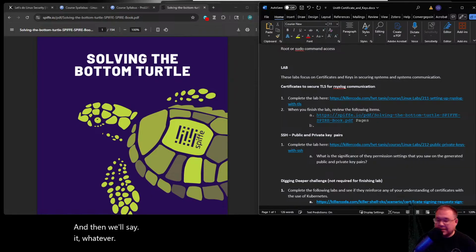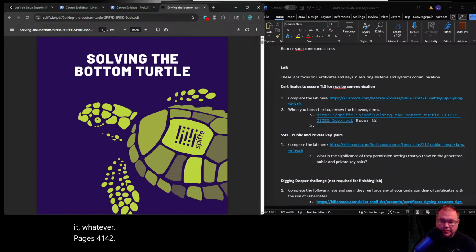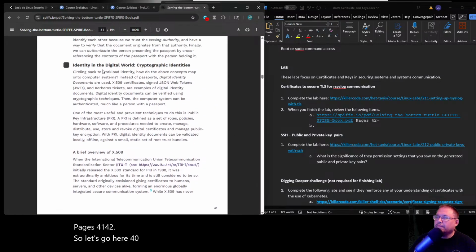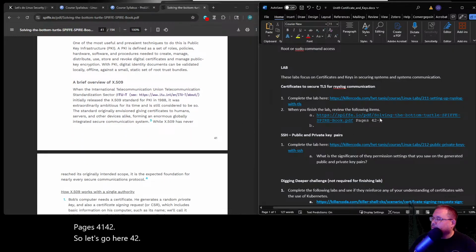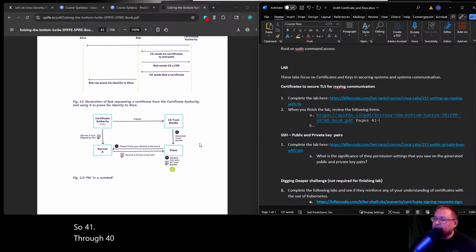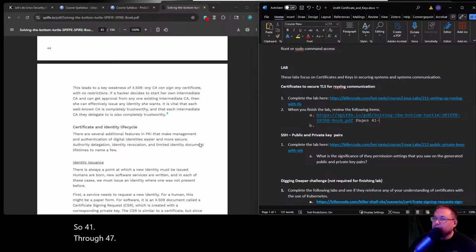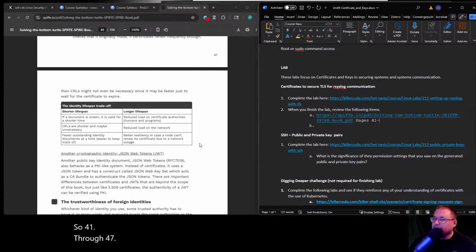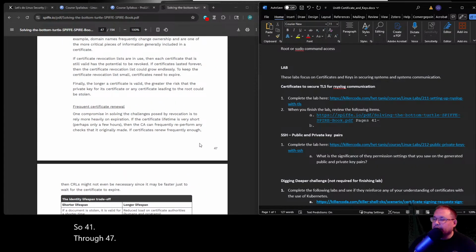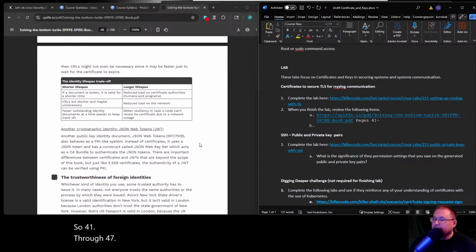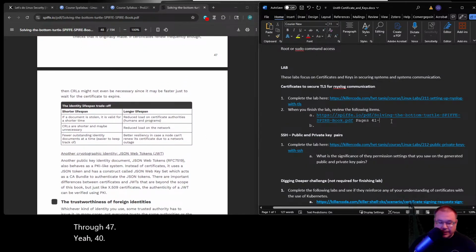Pages 41, 42. So let's go here, 42. So 41 through 47. Yeah, really 48.